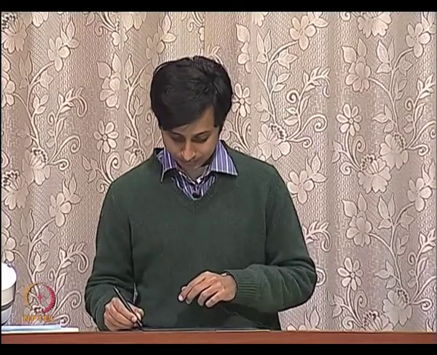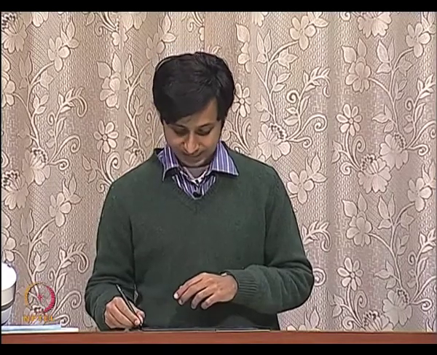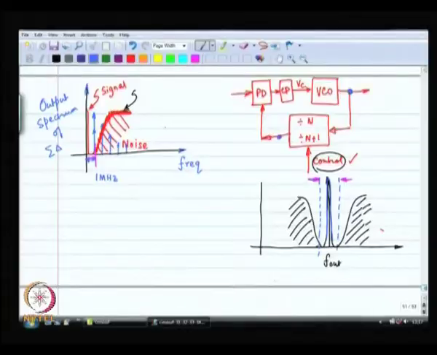So, that is where we said that okay, fractional synthesis is good, I want to do something like this, divide by n sometimes, divide by n plus 1 sometimes, but I should not be doing this periodically, I need to stop doing this periodically, and that is where we came up with this, we pulled up sigma delta